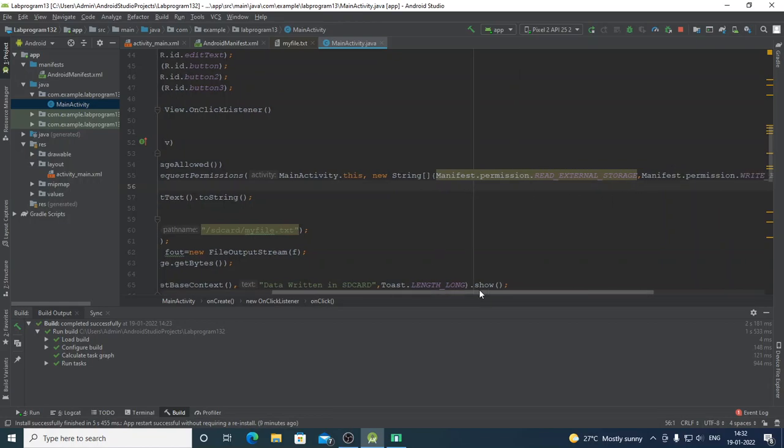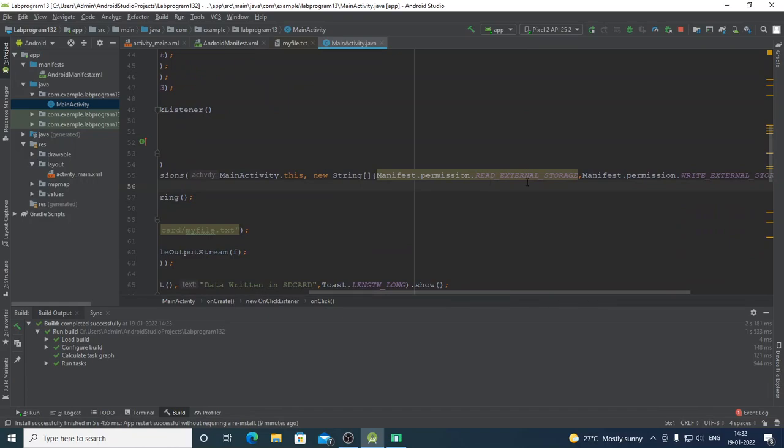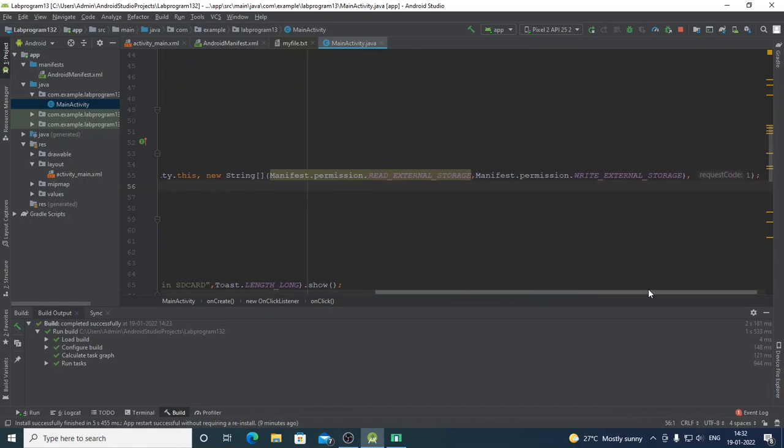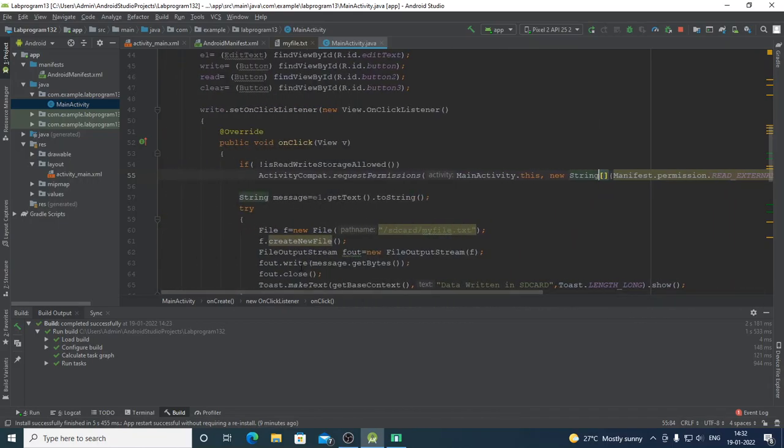So in this example we are requesting for read external storage and write external storage permission. Those two are passed as the argument here. And the third argument is the request code, so you have to specify the request code as 1 here.